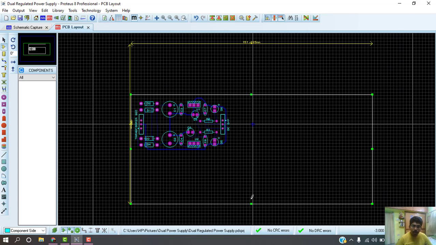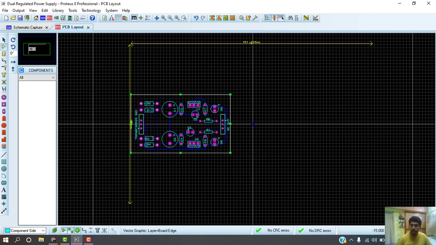And also from the bottom. Now try to decrease it in the lengthwise. Now you have conserved your board to a smaller size and you can save a lot of copper in your board. You have completed the PCB layout of a regulated dual power supply.